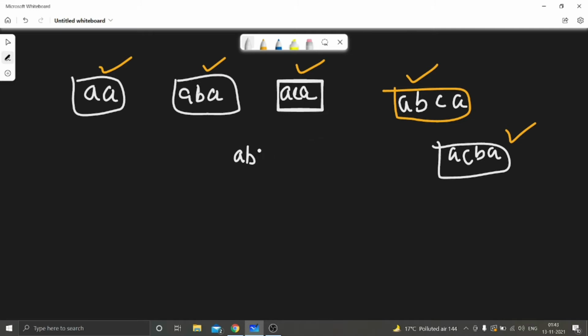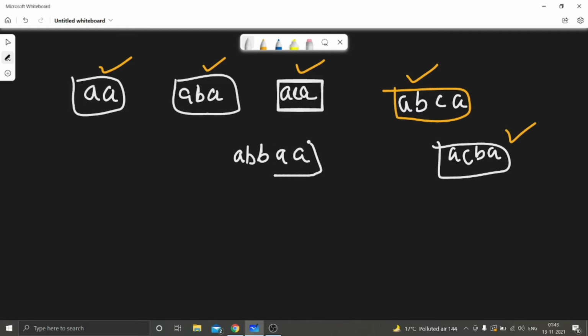So can I take B here also? I can take B here, right? So now ABB is there. Now I want to increase the number of A because the number of B is greater than the number of A, right? We want the number of A more than the number of B and C. So let's take A. Now the number of A is equal to the number of B, but you want the number of A more.